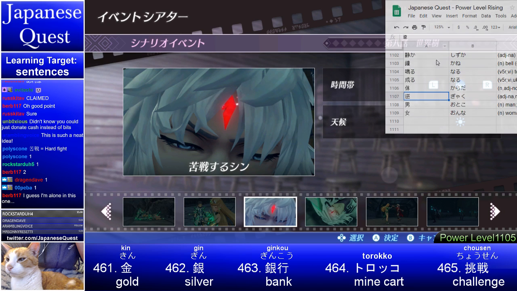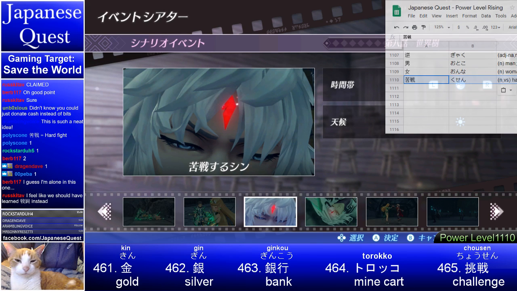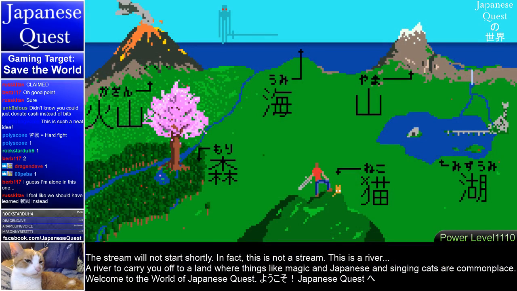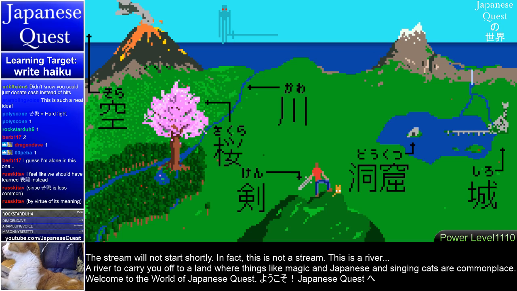And let's add that to our power level. And we are now at 1110. Sugoi desu ne. Let's make our power level go up, and then let's go back to the world of Japanese Quest. Remind us. Let's talk to Nappa. Nappa is also on this journey. Vegeta, what does the scouter say about his power level? So Nappa, our power level is now 1110. 1110ですね。強くなった。